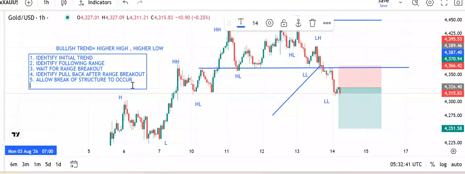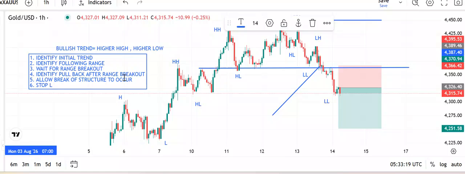Then the next point is stop loss equals distance of pullback. Now to enter your trade, you can enter your trade at any point of breakout, okay, but your stop loss, which is risk management, is the first thing you need to set up. And to set up your stop loss at any point after entering the trade,